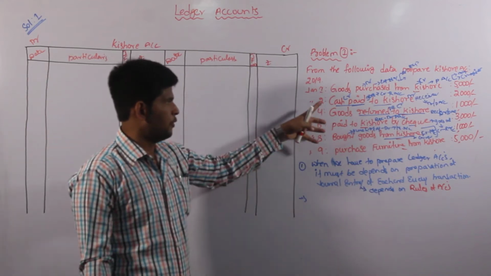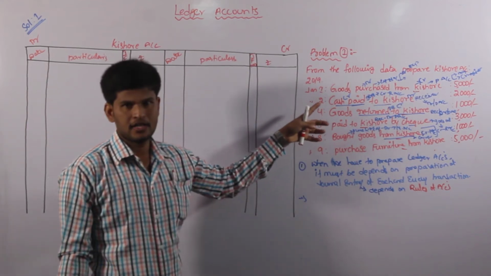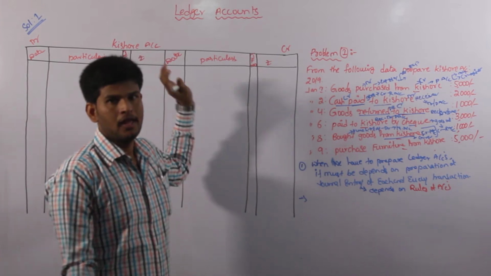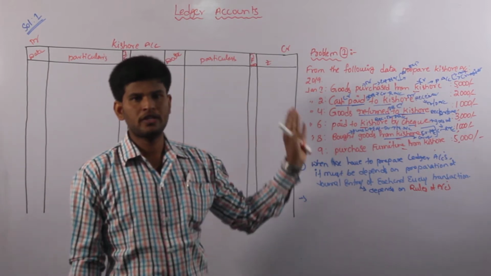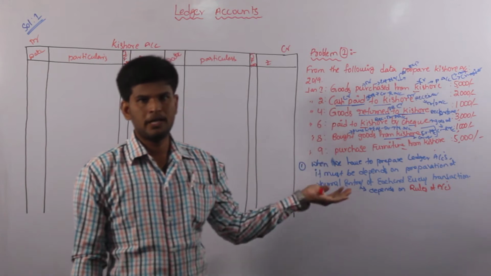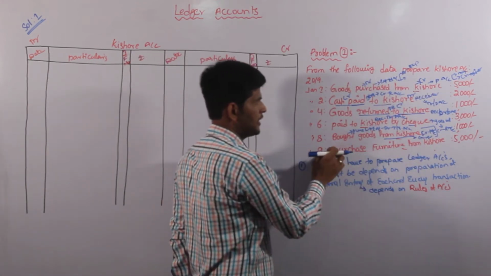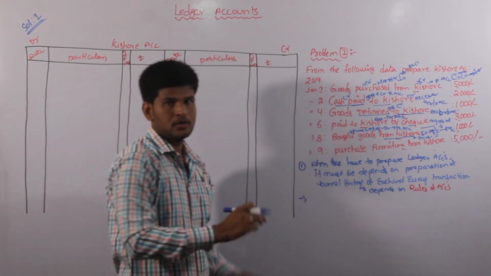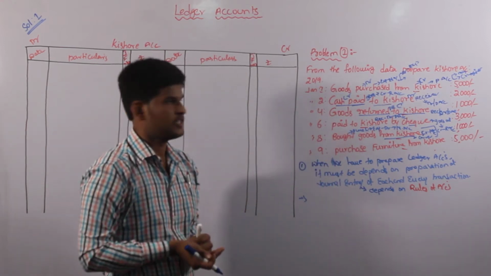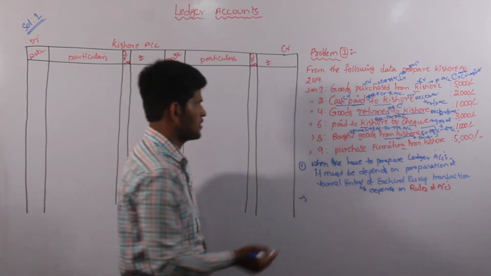Okay, ma. This is about how to identify the transaction when we are converting into ledger accounts. Before that, we have to give an indication of which is going to be debit and which is going to be credit. That process is already completed. So this is a confusing process. Let me again give a clear indication about the entry of the first transaction.